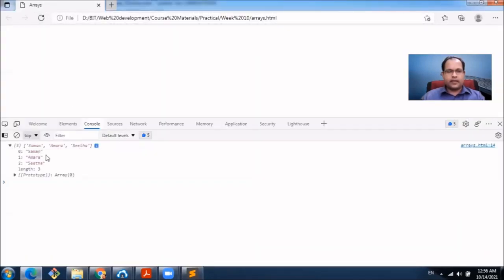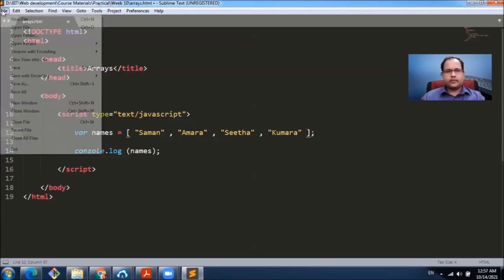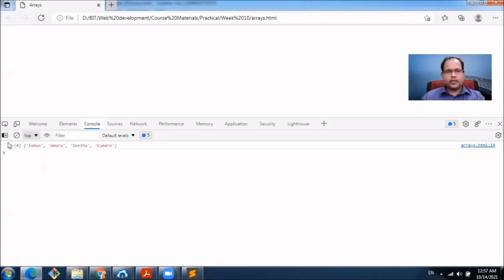Right, now we can see the console log shows the array in a very structured way. Starting from the index 0, Saman, Amar, Sita, and length is 3. We can even add more names. Now it has 4 names.